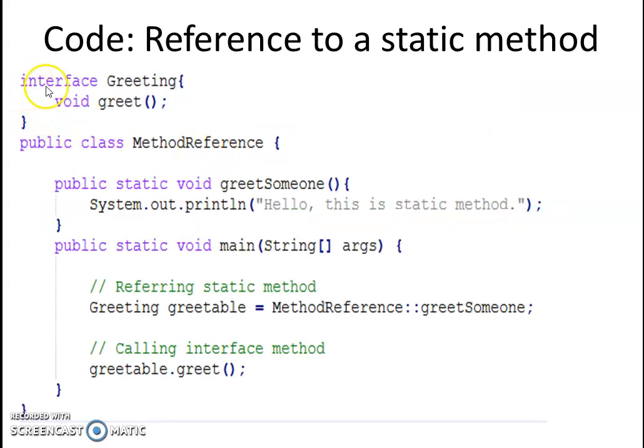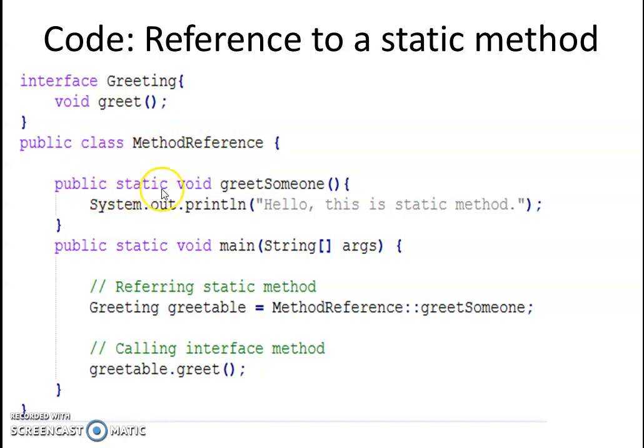So here we have a functional interface named Greeting with one abstract method named greet. Next we have a class. Class name is MethodReference, and in this particular class we have one static method.